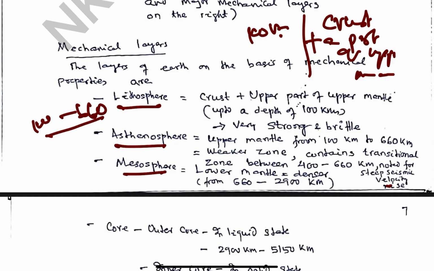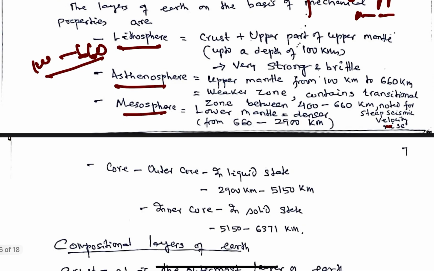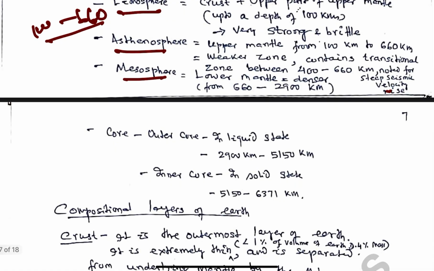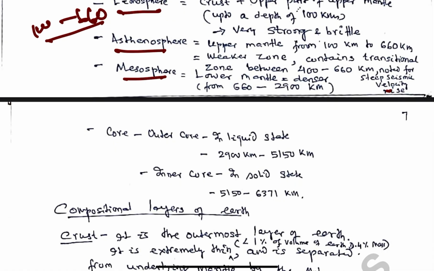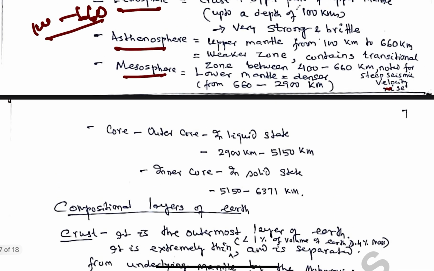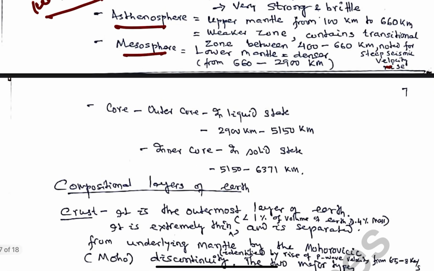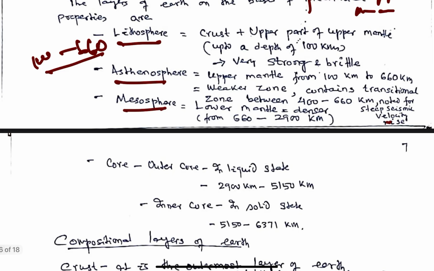It is made up of three zones. The upper zone is very weak, and it presents magma pockets. That's why the velocity of seismic waves drops in this zone. That's why it is called the low velocity zone, LVZ. And below it there is a rigid zone, which I will discuss afterwards. So if we take the mechanical layers, it is lithosphere, asthenosphere, mesosphere, and core.